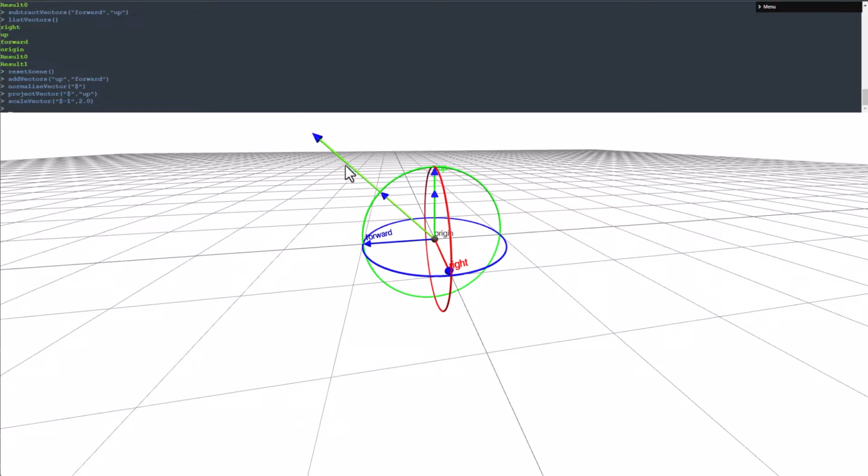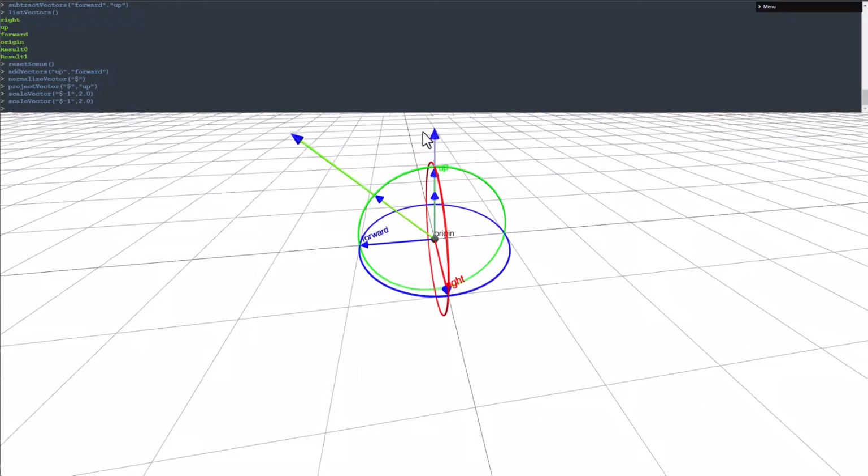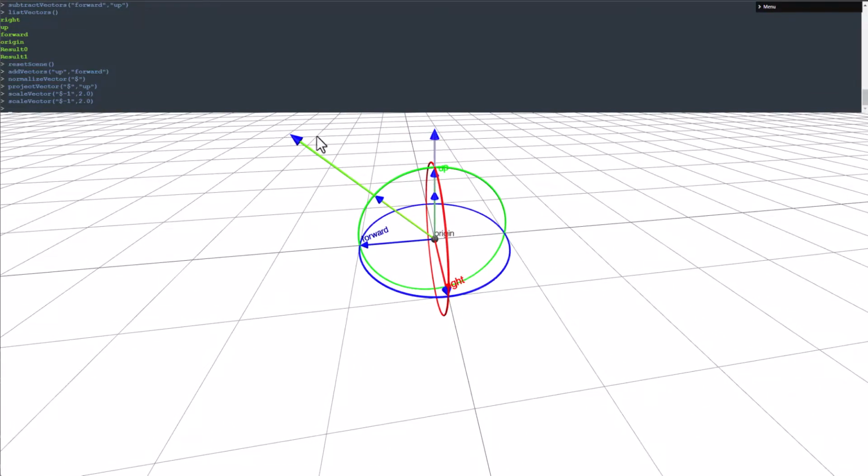Look at that. So you can see by using the shortcut you can easily access different vectors and manipulate them in that way. So in this case, let's say I want to go back to scaling this one. Well, this is now the $ sign, so this one would be the $-1. So if we do scale vector $-1, 2.0, and then I'm going to subtract these two. So I can do something like subtract